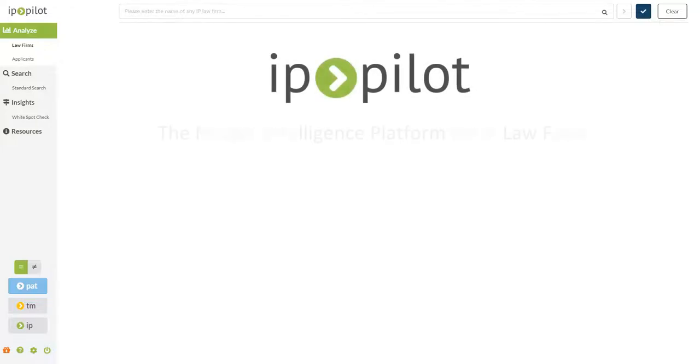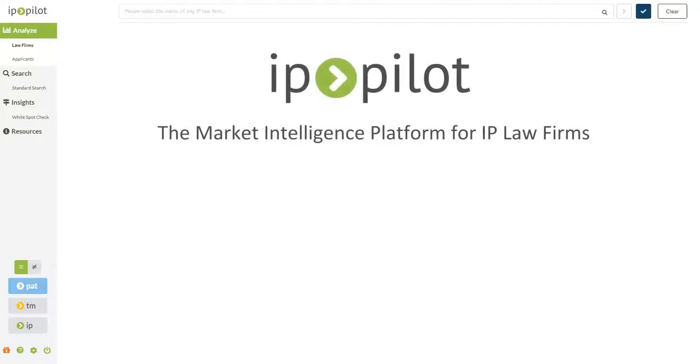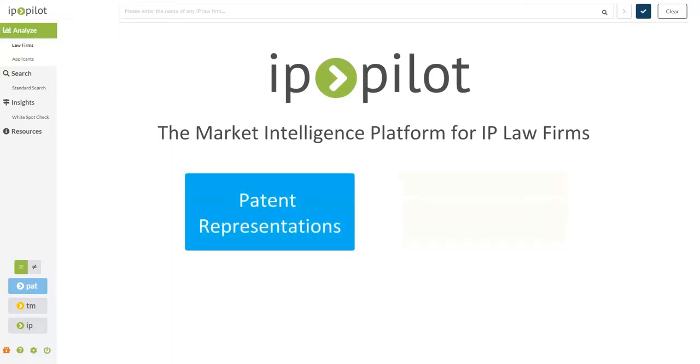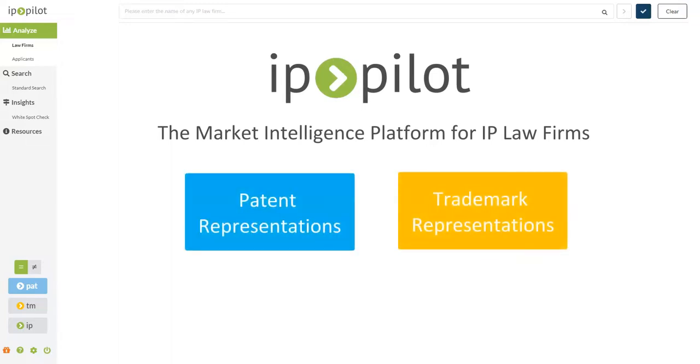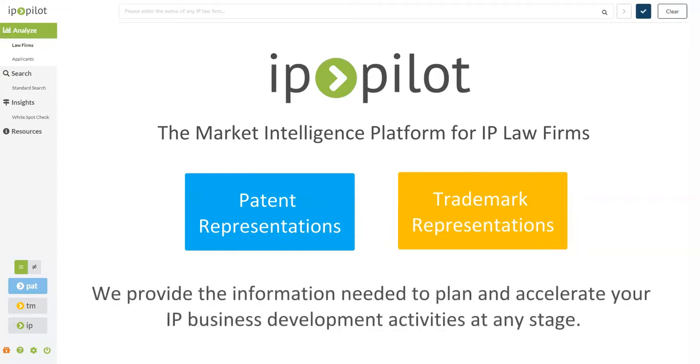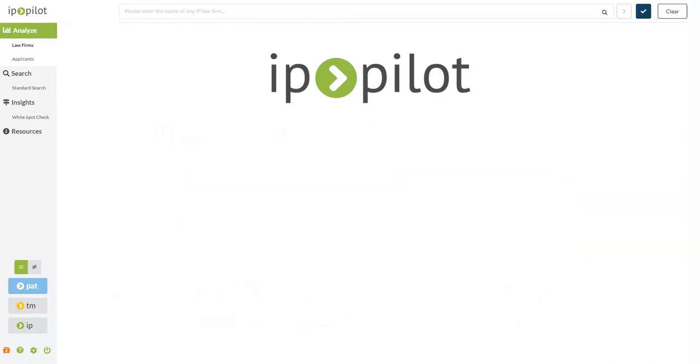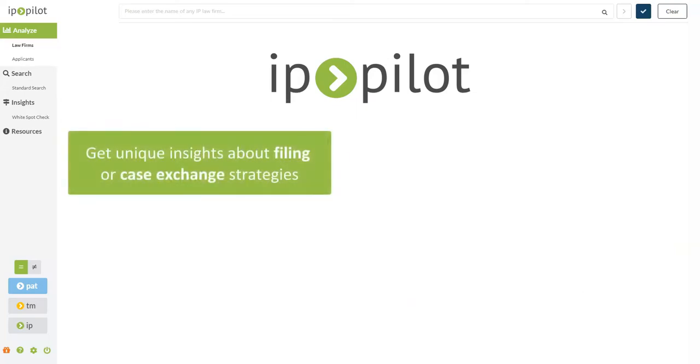IP Pilot is a market intelligence platform for IP law firms, which has the most comprehensive data on patent and trademark representations. We provide the information needed to plan and accelerate your IP business development activities at any stage. With IP Pilot, you can get unique insights about filing or case exchange strategies of your potential partners, competitors, or